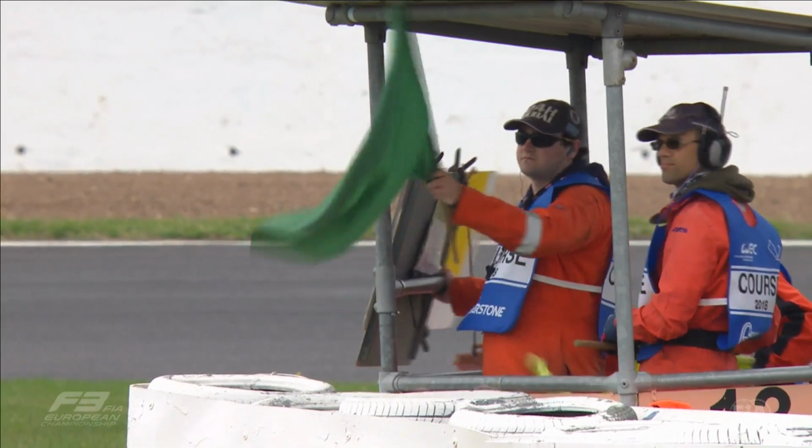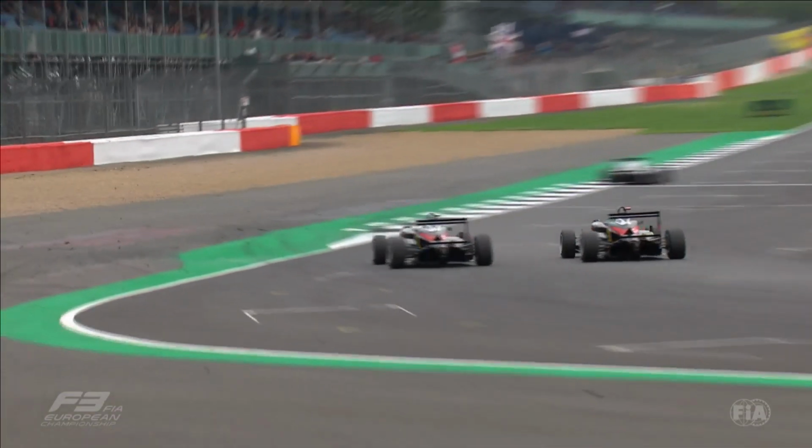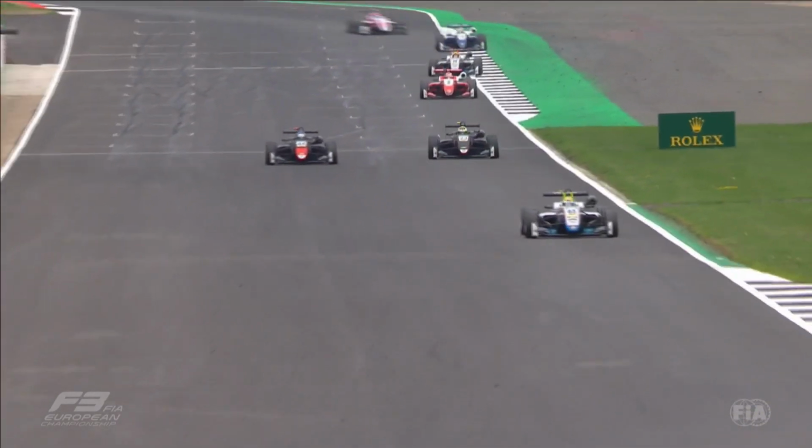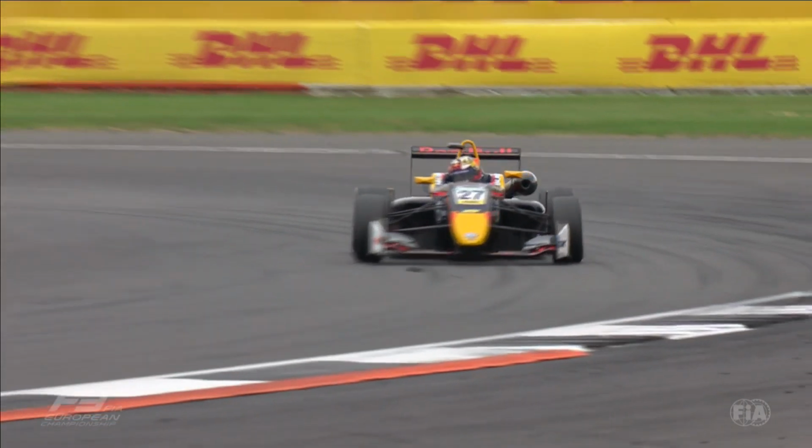Ralph Aron's tyre down. Into the gravel he went. Briefly, that brought out the full course yellow, but then the green flag, we were racing once more. And Enaam Ahmed bagged third. Jonathan Aberdein ran wide, losing a place to Juri Vips, launching himself over the curb and having been on target for a maiden podium, in the end he fell back into 5th place, number 23 for South